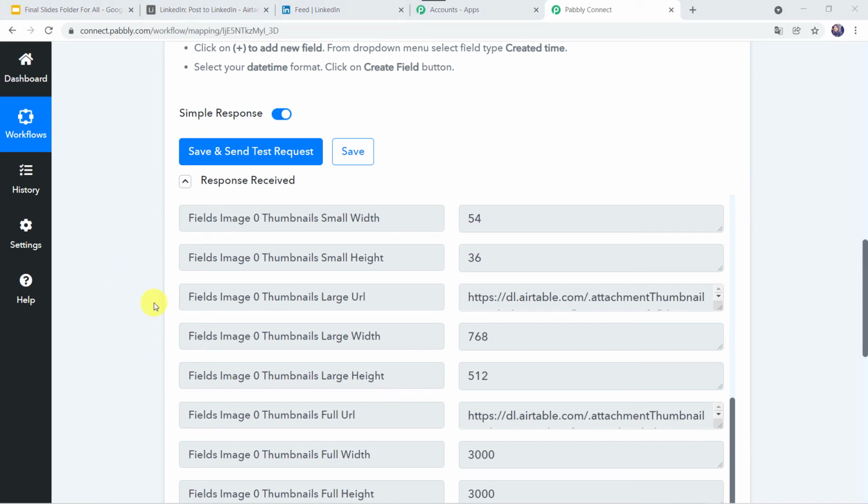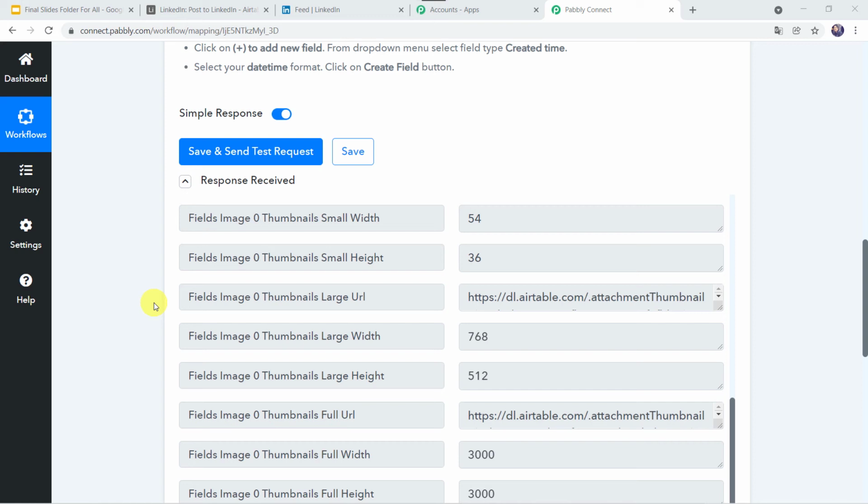Now here I want to give you an important piece of information. You can see that the data has been captured immediately, but sometimes this may take some time in fetching the data as the trigger here is polling based. So if your data doesn't get captured immediately, don't worry about that. Please wait for 15-20 minutes patiently. The data will surely arrive.